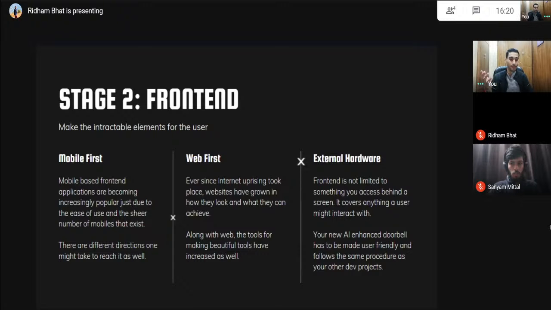past decade or so is making Android applications using Android Studio, and then you use the languages Java or Kotlin. Java was the old language that's still there, but I don't think that it will have support for that long of a time. So if you haven't learned about mobile development before, you should just go for Kotlin as it will be there for a long amount of time and Google has its support for it, right? So for web, if you're just making the front end, there are different frameworks